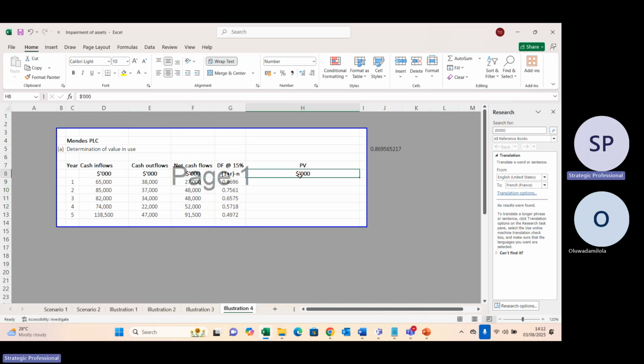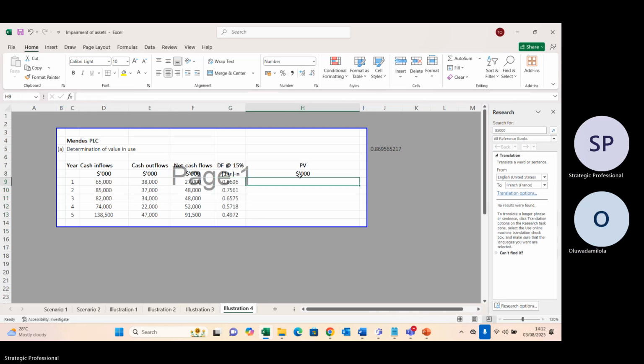Please bear in mind, it must be before tax. So do you understand how I got this discount factor? Most times, they won't give you cash inflow and outflow. Sometimes they'll just give you the post-tax figure, and they will also give you a tax rate. They will say the tax rate is 40%. So you're expected to walk back to get your pre-tax. We'll do that, but let's first finish. Do you get this discount factor?